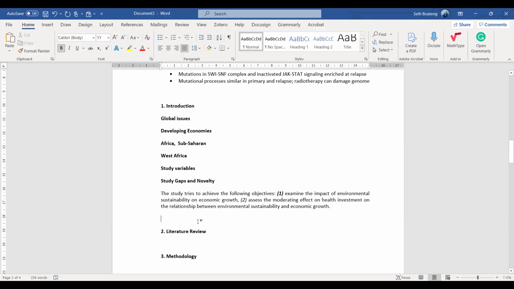Then you state the contribution of the study. So what? This is the objective and so on. So what? What is the contribution of your study? Then you explain the theoretical contribution, knowledge contribution, and then practical contribution.